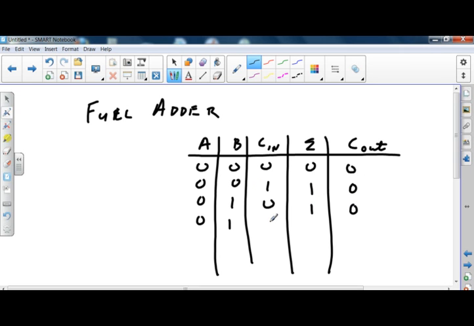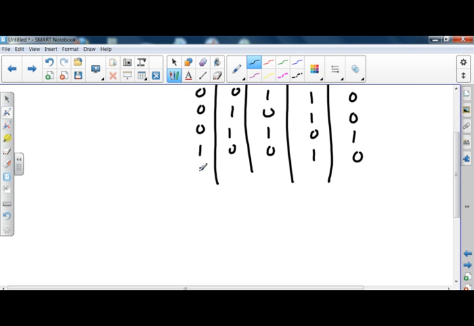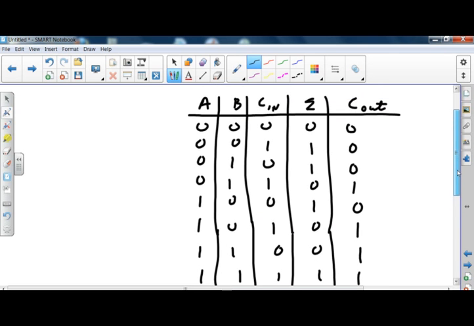0, 1, 0, 1, 0. 0, 1, 1, 0, 1. And 1, 0, 0, 1, 0. I'm getting there. 1, 0, 1, 0, 1. 1, 1, 0, 0, 1. 1, 1, 1, 1, 1. So now I've got a truth table for a full adder, and then I have to come up with some